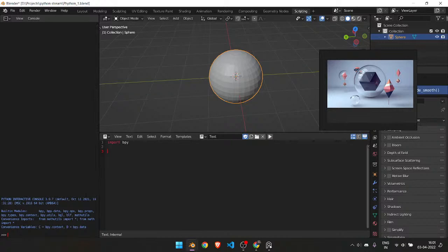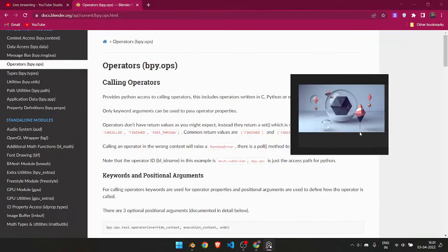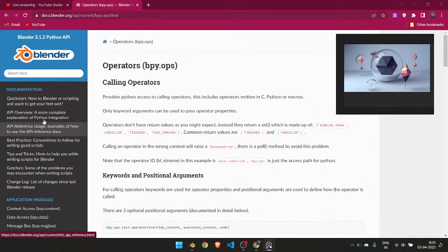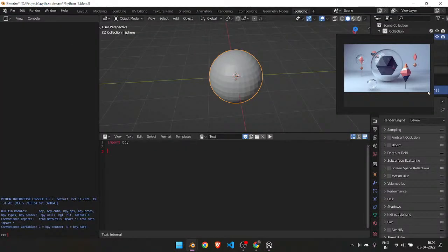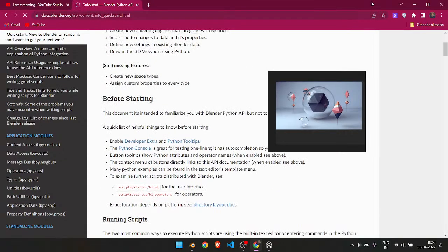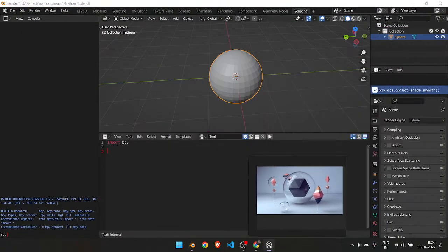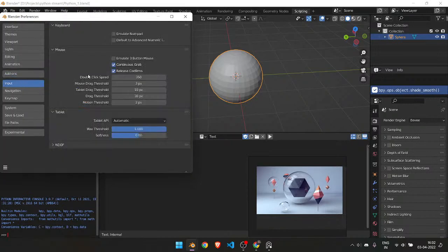In order to use the basic functions of Python, there is an entire Blender Python manual. This is the Blender Python API module. It's separate from the normal Blender manual. What you need to know before starting with Blender Python is that there are only two settings. You can go here and read all the stuff, or you can just see it in the next 30 seconds. Basically you need to go into Edit, Preferences, and then Input,